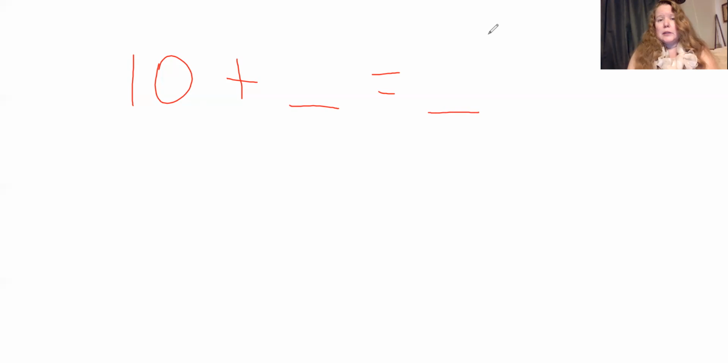So you roll the dice, right? Or your mom or dad puts down 4 objects. Let's say they put down 4 things, right? Could be 4 little toys or little paper clips or something. So they put down 4. So you're starting with 10, and then what was the number that you have now extra? It's 4. So you're going to write a 4. And then I need you to figure out what that equals. So we start at 10, and then we count the rest of the objects. 11, 12, 13, 14. So 14. So this is a dice game that you can do that would give you extra practice